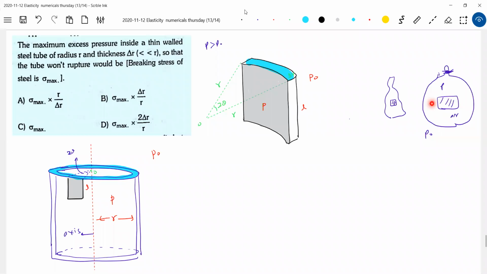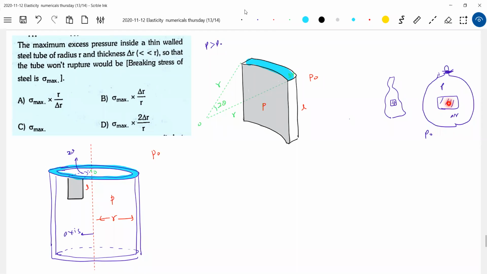How do the elastic forces act here? They will act inward. It wants to expand, and the elastic forces should oppose. So the force from the air inside the balloon, P minus P naught, will be radially outward. Who should balance that? The elastic forces. The resultant elastic force should be radially inward. And how will this patch be? Will it be exactly rectangular or a curved one?